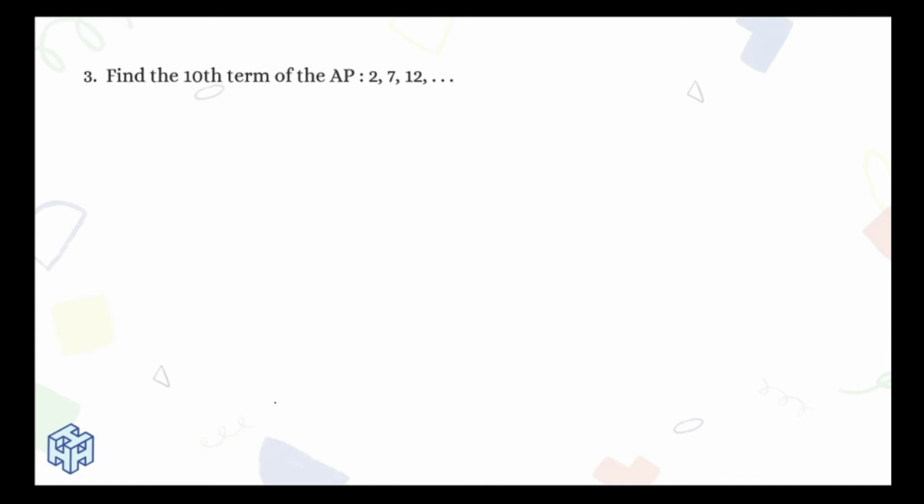Now let's see our next question. Now in this question, what have they asked? They have asked to find the 10th term of the AP 2, 7 and 12. So let's do the first thing of writing an AP, right? So just write the solution and then given, right? So what's given? They have given that we must find the 10th term, that is we must find T10, and they have given us the AP. So the AP is 2, 7 and 12.